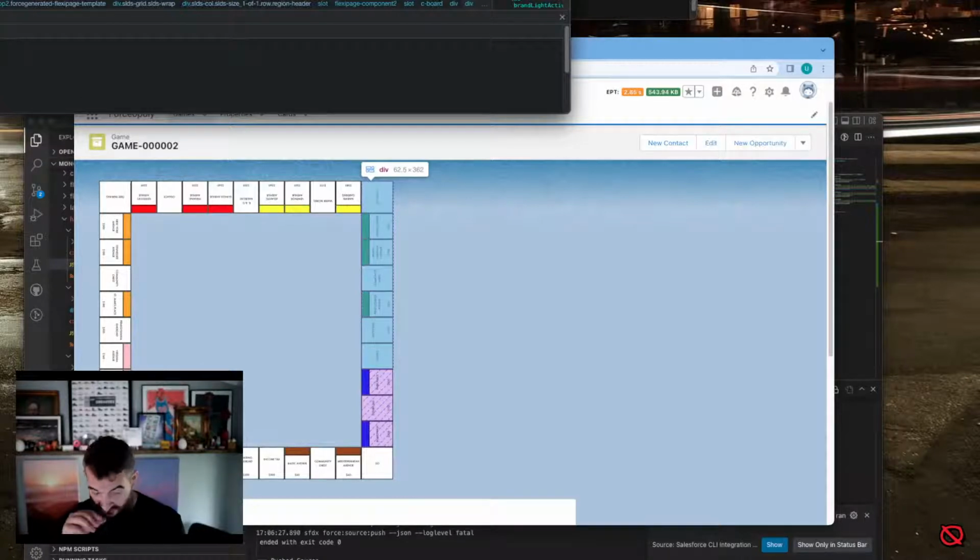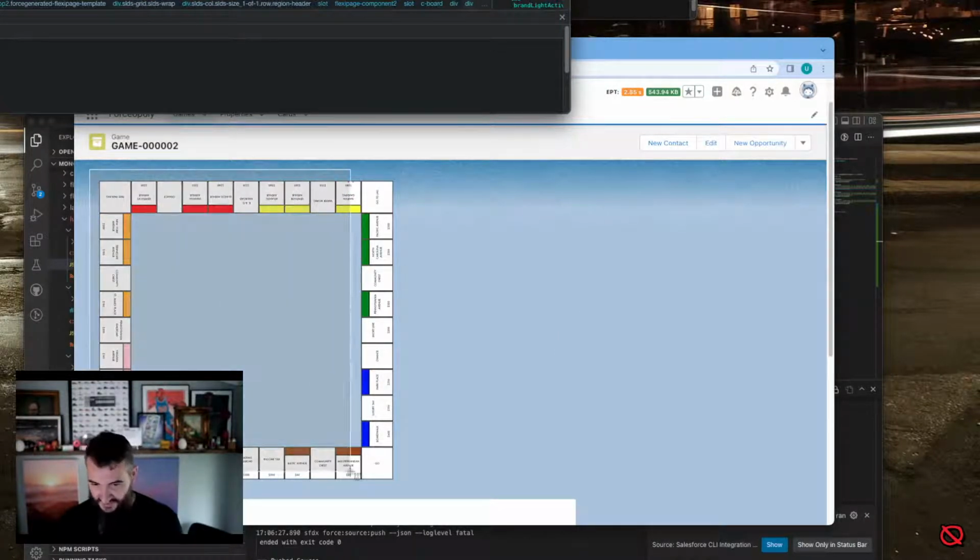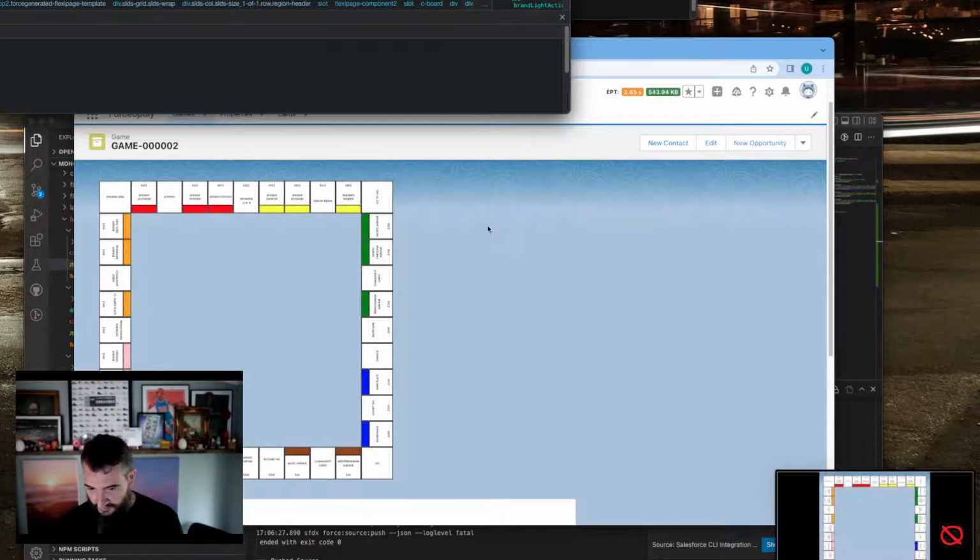If I want it to look like a board, which this does now, then we can roll with this. We proved our point, right? We were able to build the board. I'm going to take a screenshot of this before I lose it. We built the board,